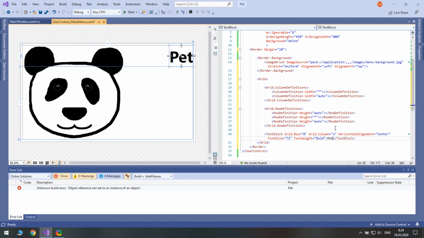Next, we are going to make buttons and place images with our pets against each of them.